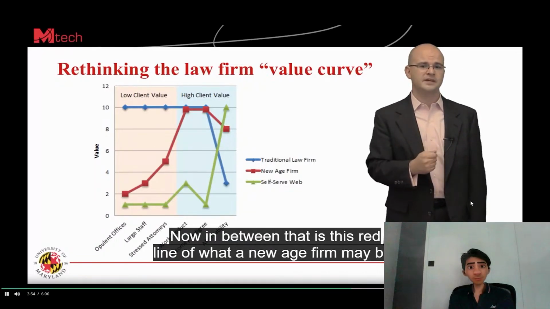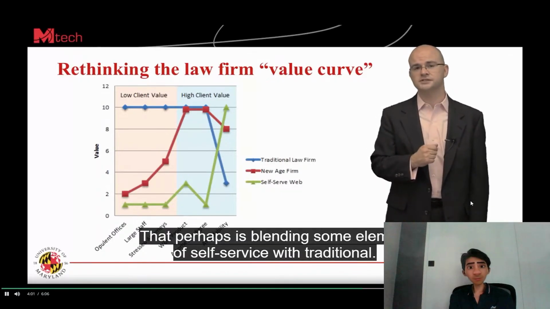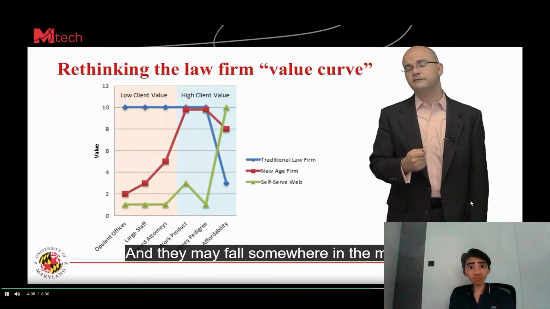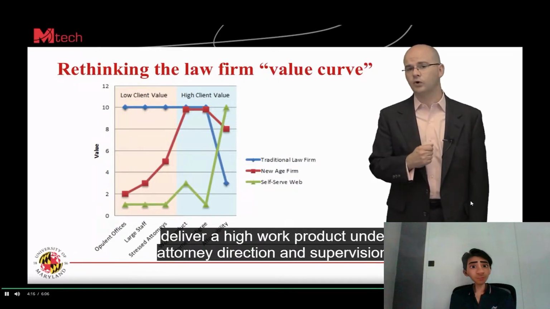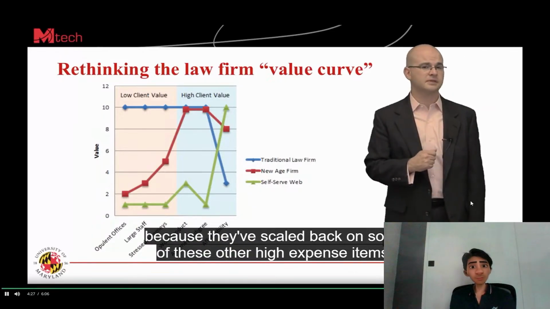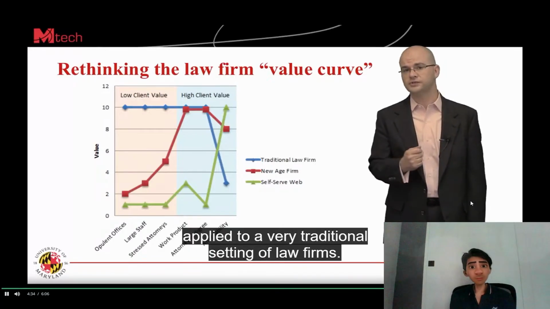Now, in between is this red line of what a new age law firm may be, one that perhaps is blending some element of self-service with traditional, some element of automated versus human. And they may fall somewhere in the middle. There may be an opportunity for them to still have an office and have a team and deliver a high work product under attorney direction and supervision, but they may be able to do it at a more affordable cost because they've scaled back on some of these other high expense items. So again, this is an example of a value curve applied to a very traditional setting of law firms